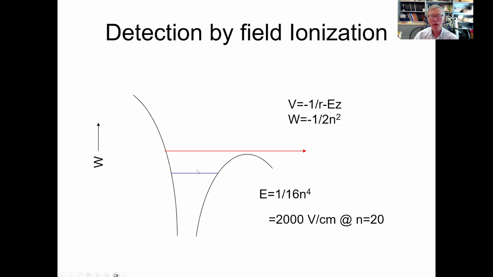So as shown in this picture, an atom in the red state will ionize and one in the black state down here will not. In fact, if you assume that there's no Stark shift, which is a marginal assumption, you can easily show that the electric field required to ionize the state is 1/16 times n to the fourth. Those are in atomic units that I'll define in a second. But for n equal 20, this is a 2 kilovolt per centimeter field. Okay, so 2 kilovolts per centimeter is a field that is easy to produce in a laboratory. If you wanted to ionize the ground state, you would have to produce a field of 3 times 10 to the 8th volts per centimeter, which is not so easy to produce.